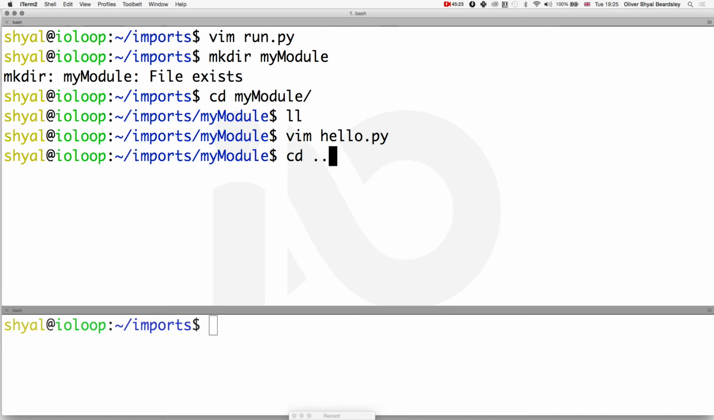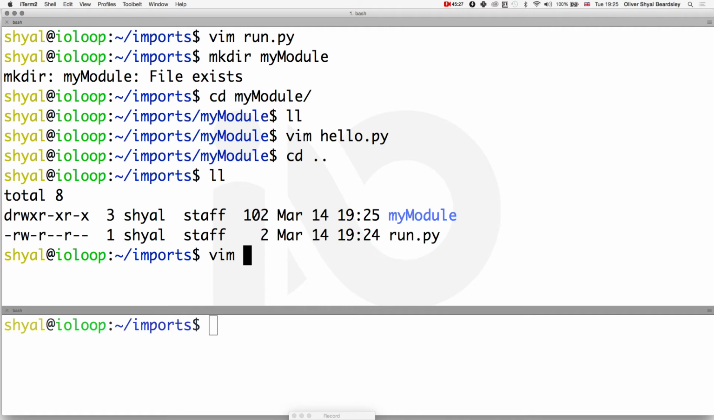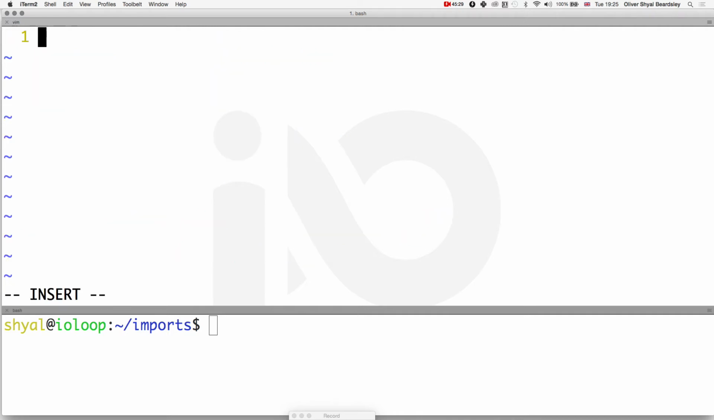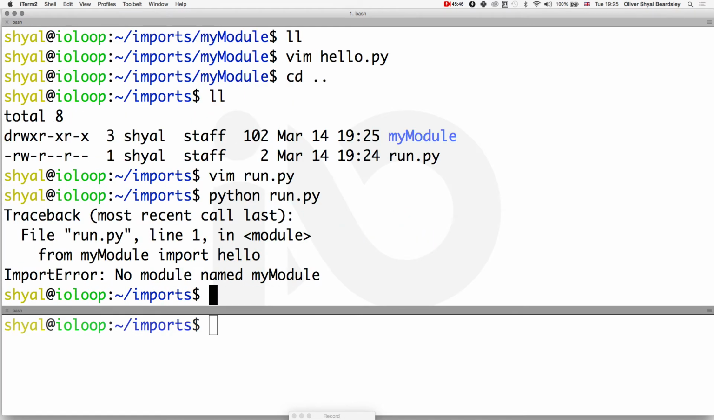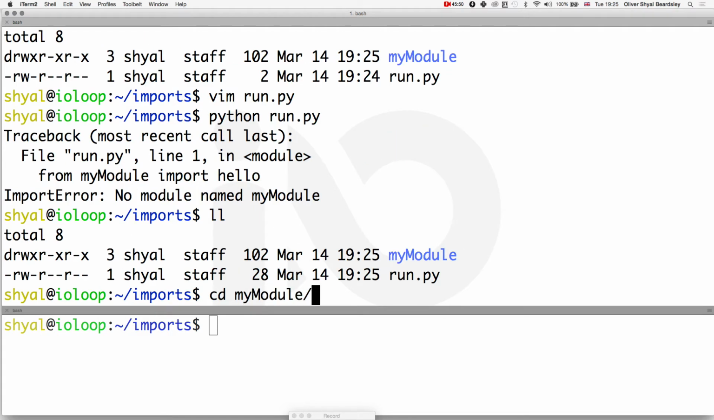And let's go back up one directory, the place where we had run.py. Okay, and I'll say import. Actually, I'll say from my module import hello. Okay, makes sense. And that should run, right? But it doesn't run. And the reason why it doesn't run is because